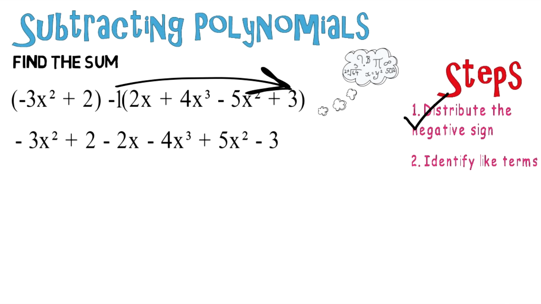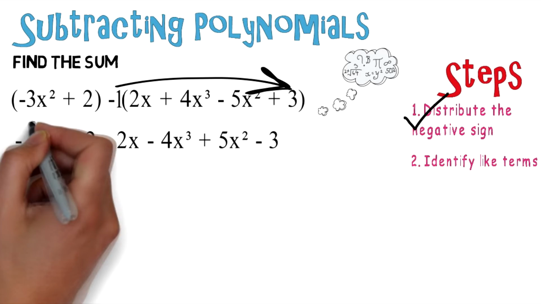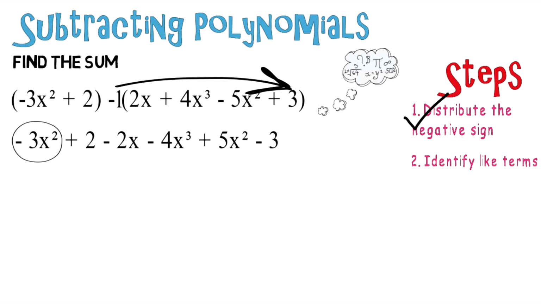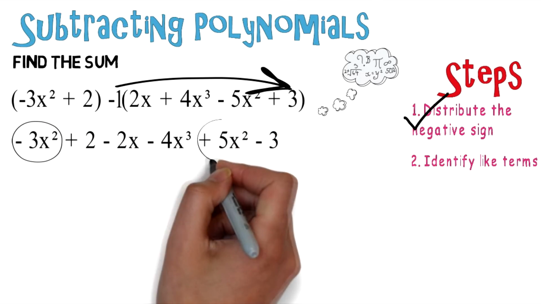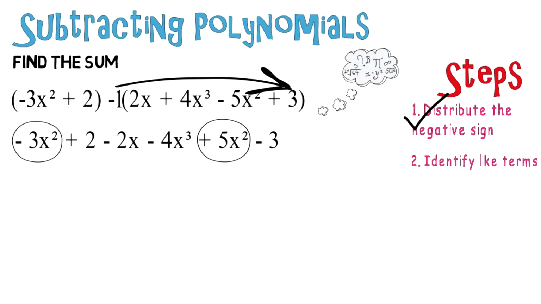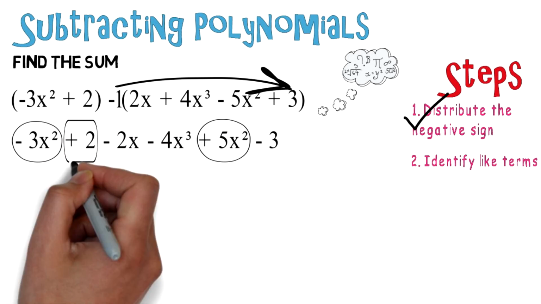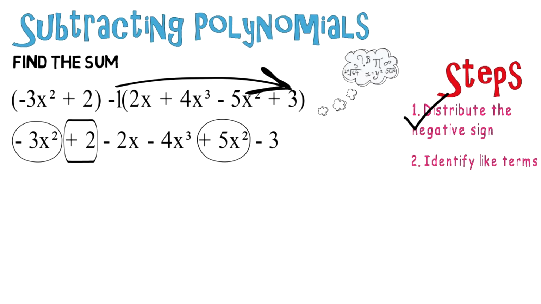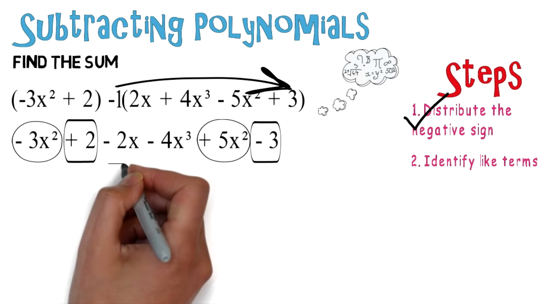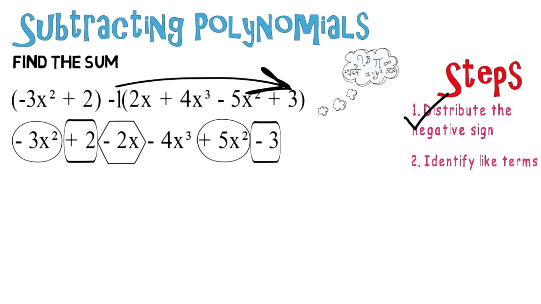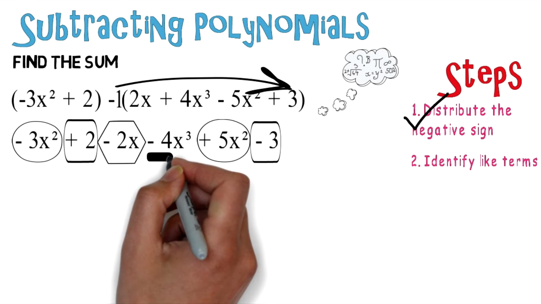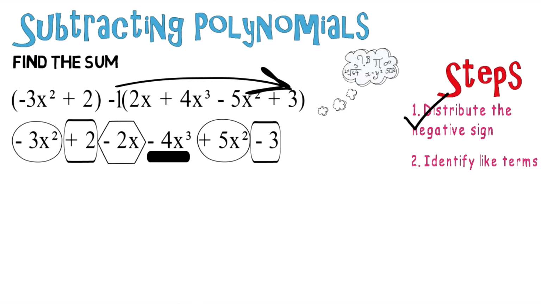Identify like terms. So now we want to identify the like terms. Let's see what we have. We have a negative 3x squared and a positive 5x squared. We also have a plus 2 and a negative 3. We have a negative 2x all by itself with nothing to be combined with, and a negative 4x to the third power all by itself with nothing to be combined with. So now all like terms have been identified, so we can check off that step